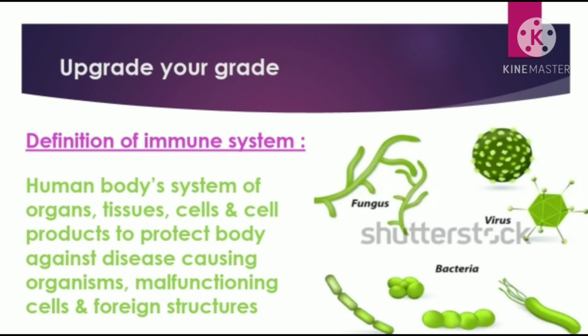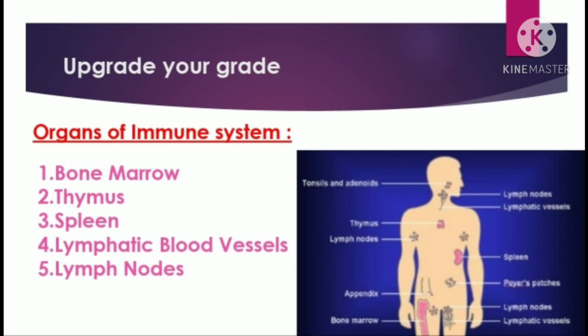It protects our body from malfunctioning cells, and it also protects against the invasion of foreign agents, foreign structures or harmful pathogens that are present in our environment. Most common disease causing organisms are bacteria, viruses, spirochetes, and fungus, and these are present everywhere in our environment. Organs of the immune system include bone marrow, thymus, spleen, lymphatic blood vessels, and lymph